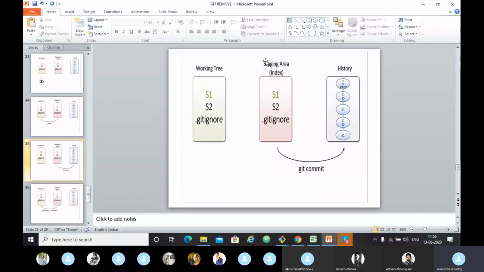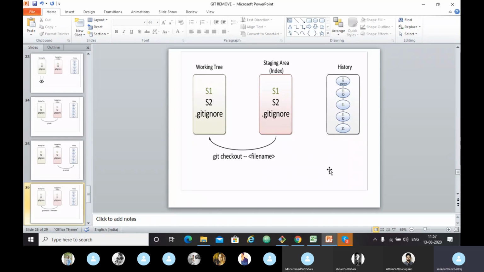If you want to commit from the staging area to the history, you use git commit. Either you use the -m option here or not, it is your choice. If you want to give a message, you use git commit -m.